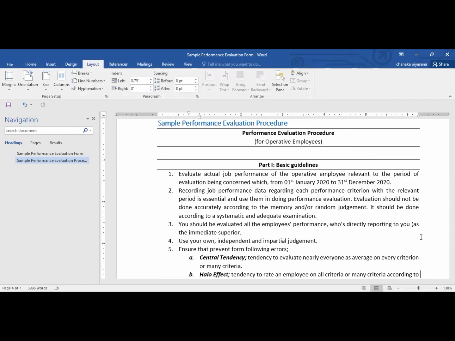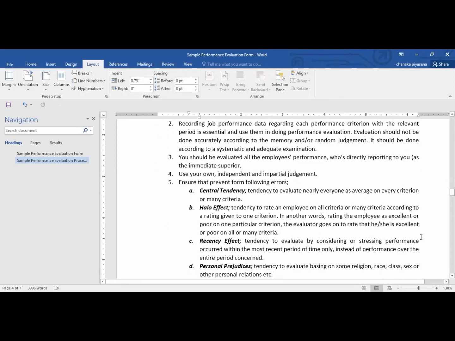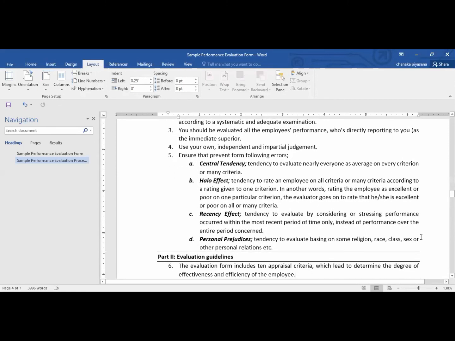It is a guideline for the evaluators. You should evaluate the performance of all the employees who directly report to you as the immediate superior. That is the policy decision of the organization. The fourth one: use your own independent and impartial judgment. That is another guideline to follow when the evaluator is evaluating their